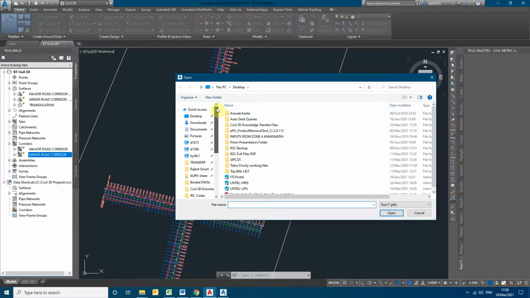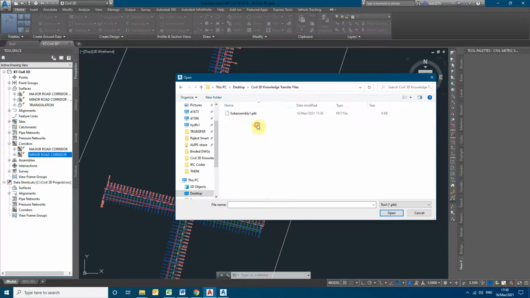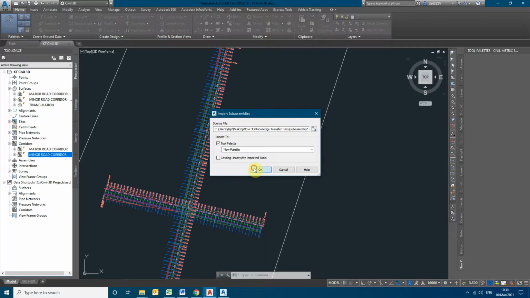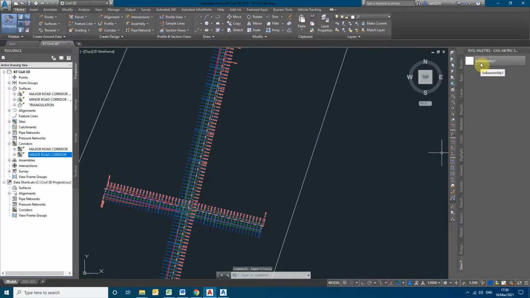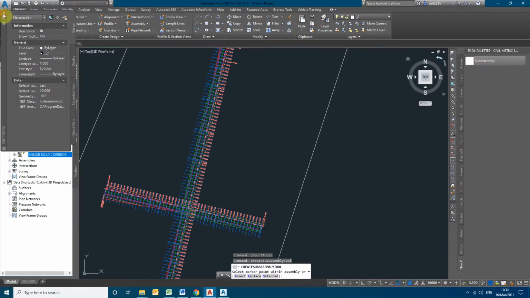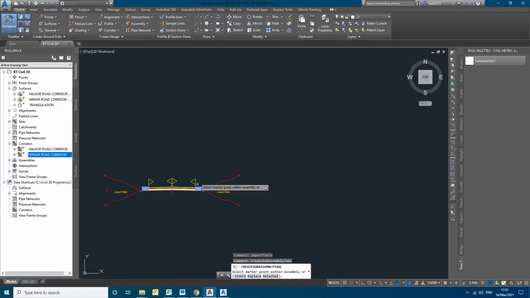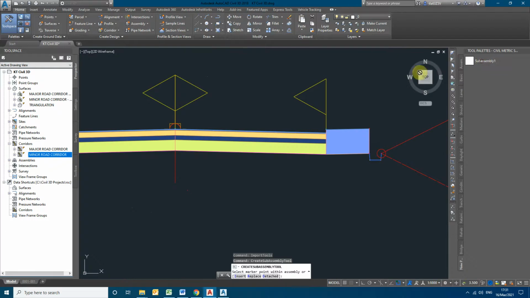The subassembly that we had created has been imported. Wherever we have to use this subassembly, we can assign it. We can directly drag it and use it as one subassembly component.